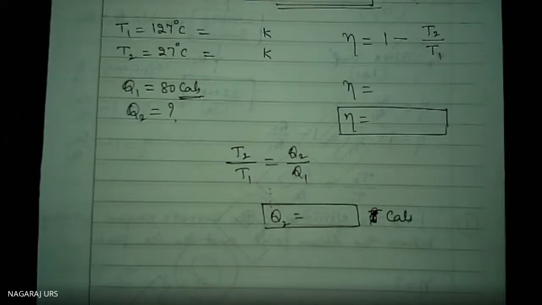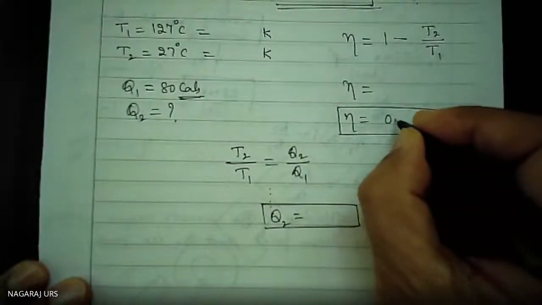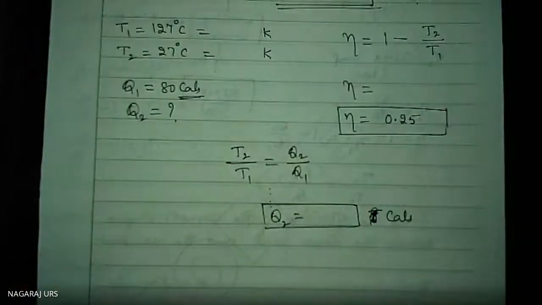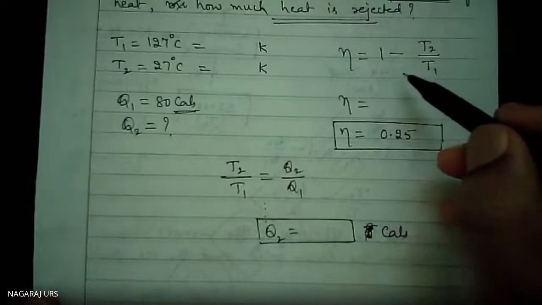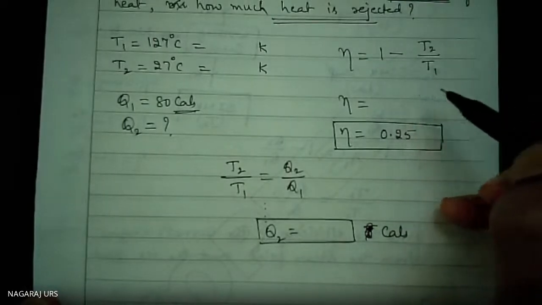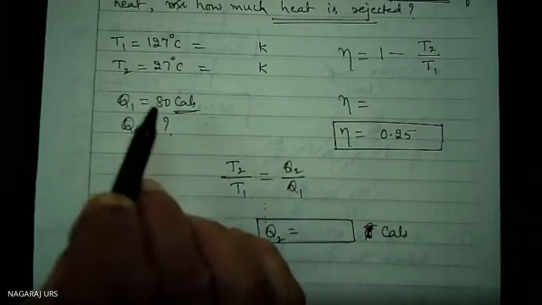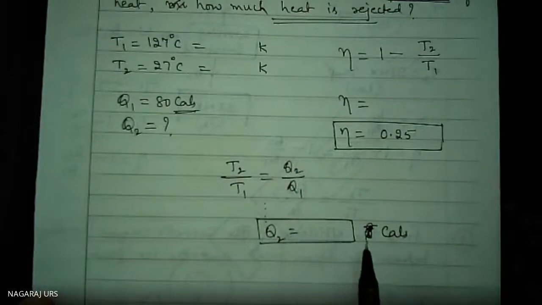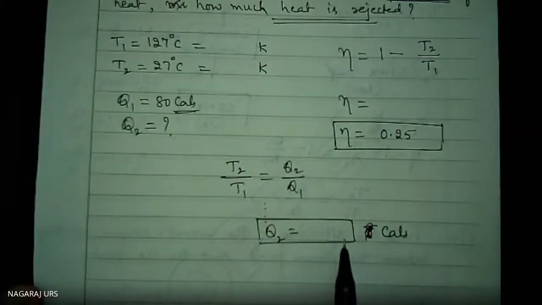60 calories. Efficiency, madam. Efficiency is 0.25. Srivatsa, okay, it's correct. Check it up, all of you have to do it. Evelyn, correct, 0.25. I'm not doing the substitution and calculation, hoping that you have understood. Therefore, I am not doing. Okay, yes. Use this formula, substitution, you do it. Calculate Q2 is equal to how much? How much is the Q2 value? 60 calories. Correct? Check it out.